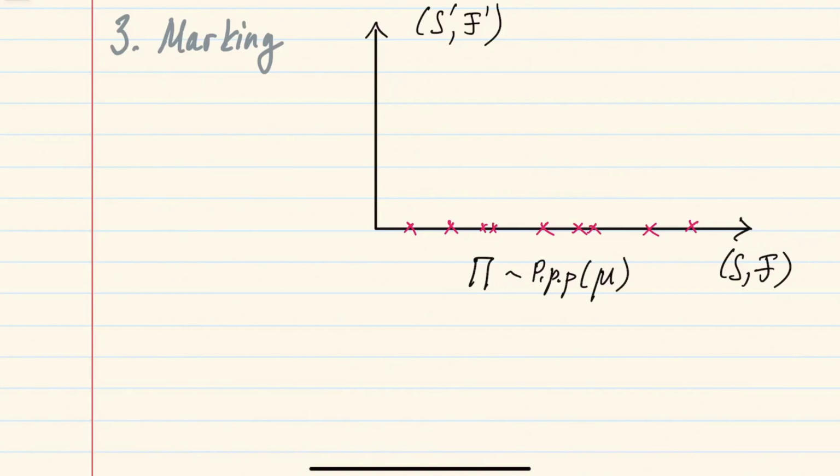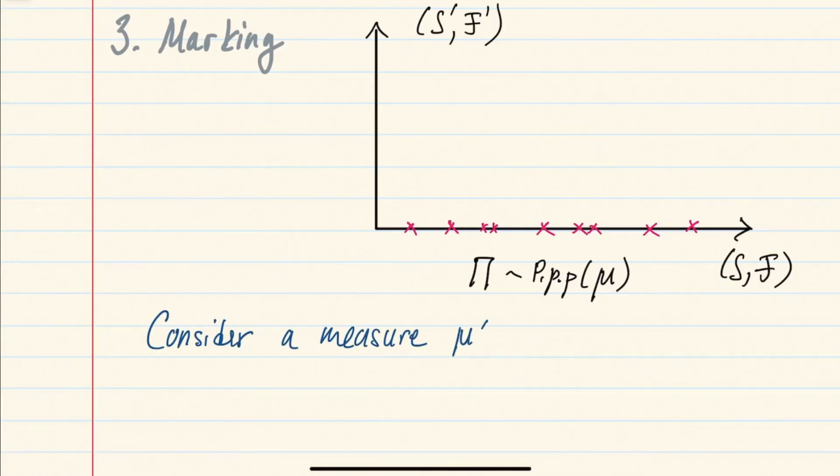And then we'll define this operation which will map this into the product space and will result in another Poisson point process. For that, what we will need is the so-called transition kernel or regular conditional probability, and so we'll need a measure defined on the product space through this transition kernel. More precisely, let's consider the following measure on the product sigma algebra on the product space, which will be defined through the Fubini theorem.